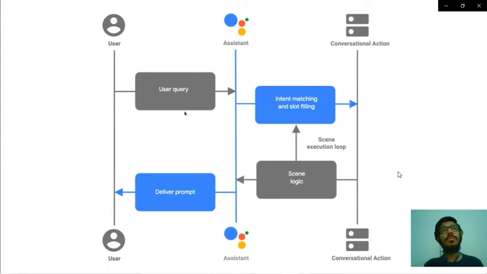Whenever the user says something to Google Assistant, it converts it, and based on intent matching or slot matching, a concept I'll cover in a few slides, whatever Dialogflow used to do is now done by Google Assistant, and based on your backend logic, if you notice, there's a loop. Until all the slots are fulfilled, it will continue the loop. Once all slots are fulfilled, it will send the response to Google Assistant, and Google Assistant will deliver the prompt to the user by speech.